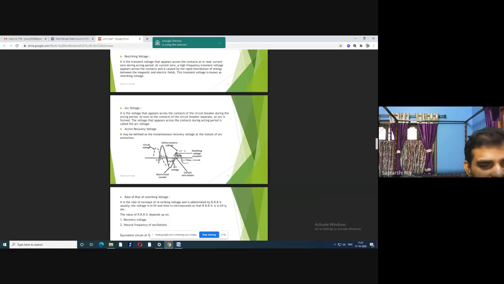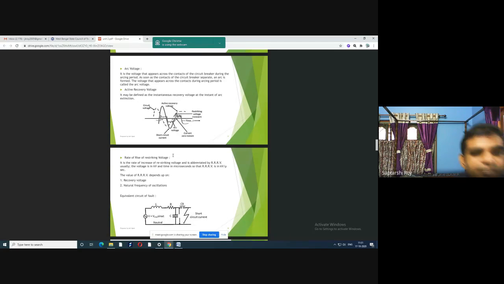Next হচ্ছে active recovery voltage. It may be defined as the instantaneous recovery voltage at the instant of arc extinction. এখানে active recovery voltage আর restriking voltage এর একটা ছবি দেখানো হয়েছে। নেক্সট হচ্ছে rate of rise of restriking